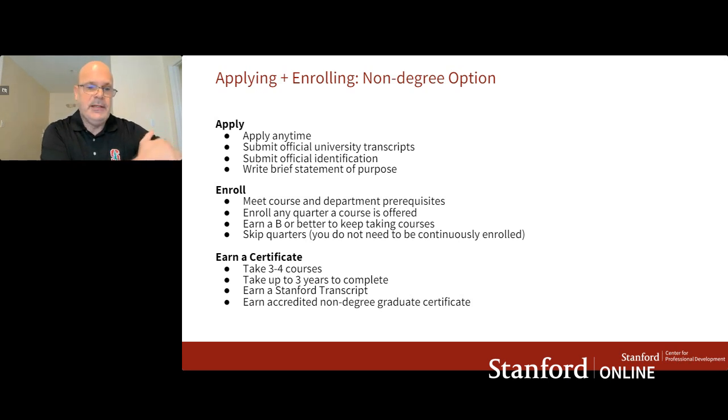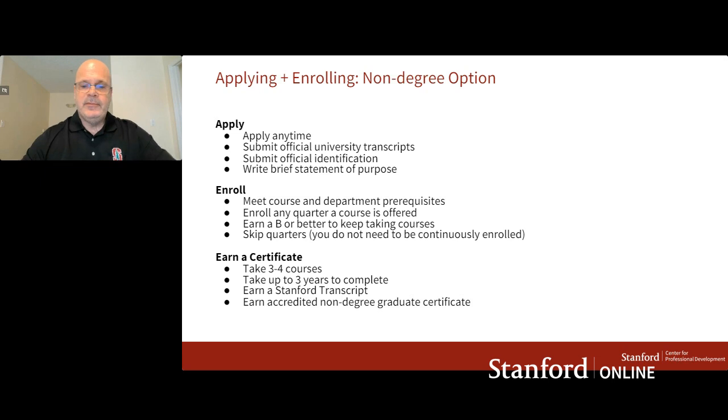You will earn a Stanford transcript. You will get an official Stanford University transcript, which lists the courses you completed, when you completed them, the grade, and the number of credits, as well as, most importantly, your GPA. You will have your Stanford GPA on that transcript, and you have the opportunity to request that through our access system. And again, if you complete the courses and get a B or better in any of the courses, then you will get an accredited non-degree graduate certificate from Stanford University. That will be provided to you on completion of the program.